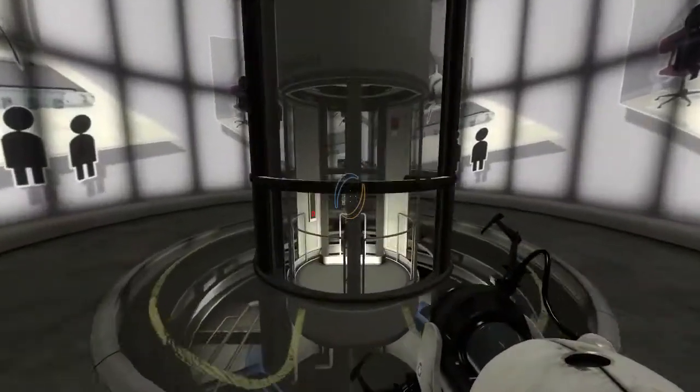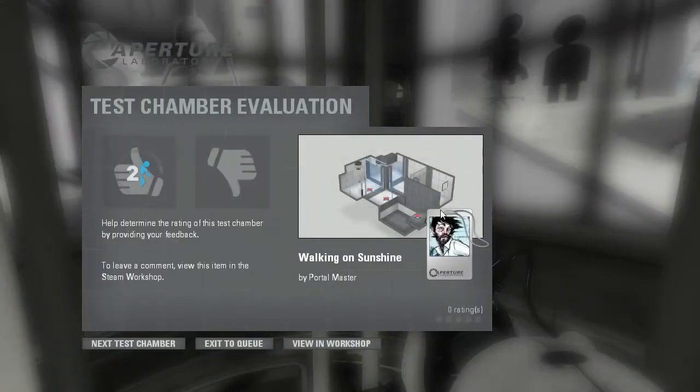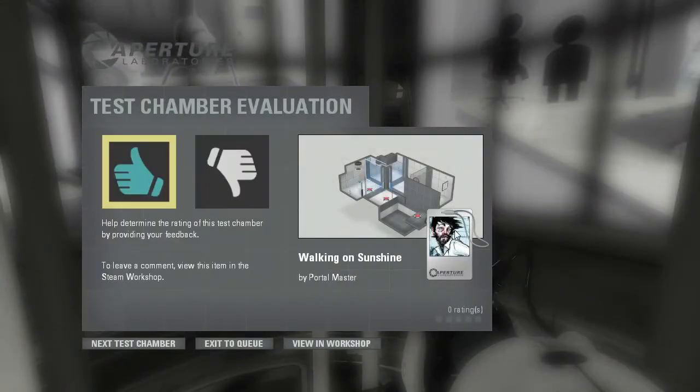You gotta take into account the fact that you have a reset for your cube. It's not always something that you're going to think of, but it definitely was a very nice touch, because Portal Master here actually took his map and developed it in such a manner that it got me thinking about how to get to the exit with the hard light bridge, but once I'd gotten there,